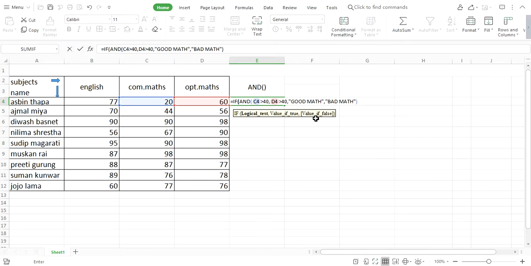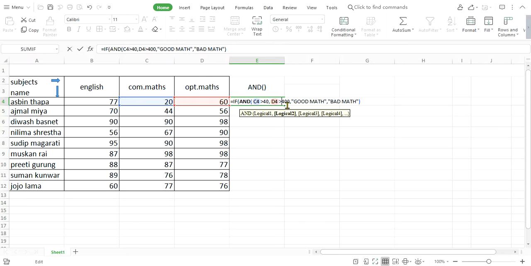How many parentheses are open here? Let me count. For the AND function, the parenthesis is not closed. Then hit enter. Here is a formula syntax error. Let me check where the error is.